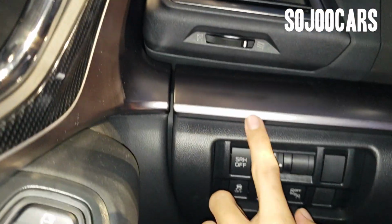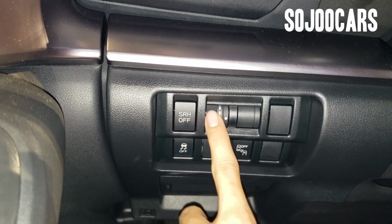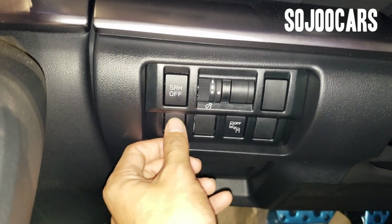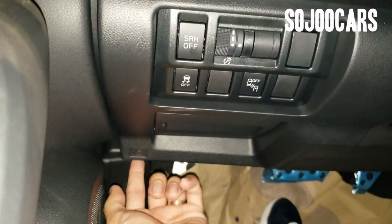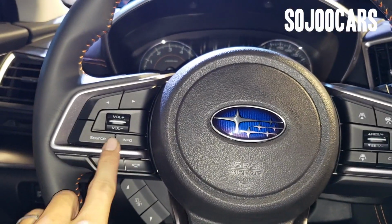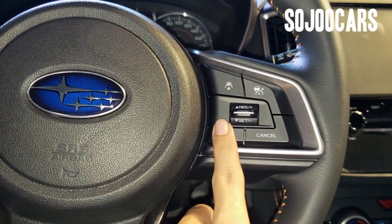The air vent, the trip button, steering responsive headlight off button, instrument panel light adjust, traction off button, blind spot detection off button, the hood access, steering wheel adjustment, the audio control, cruise control, lane change assist,